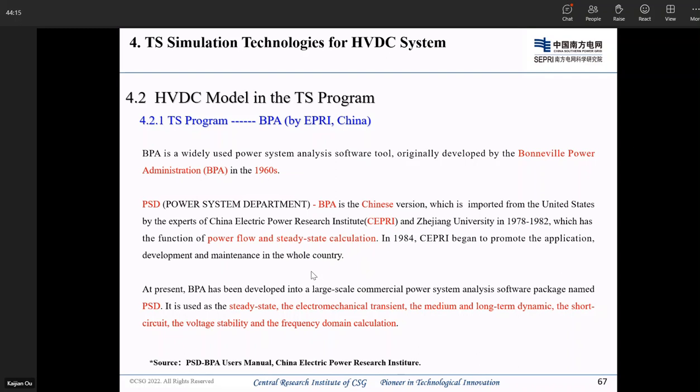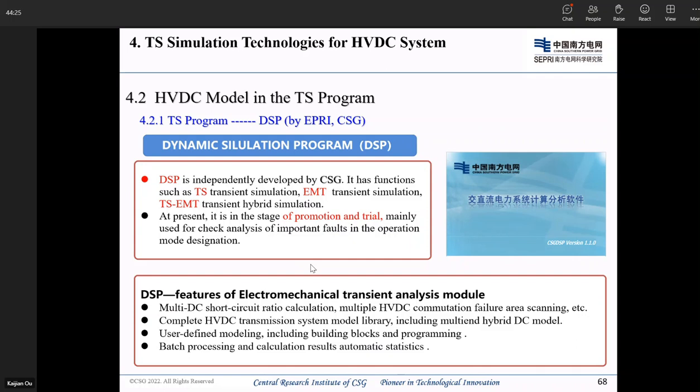Some of you may know that you use PSSE, but in China, most use BPA. But now in CSG, we are developing a new TS program in DSP. This will introduce